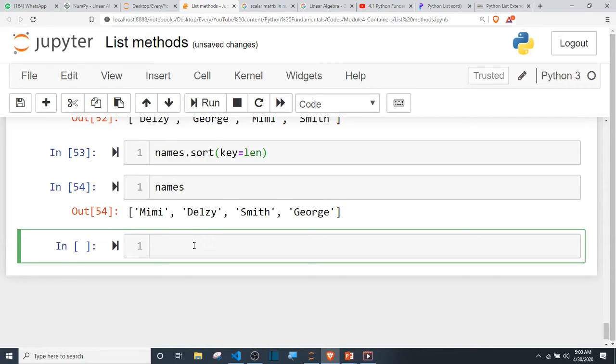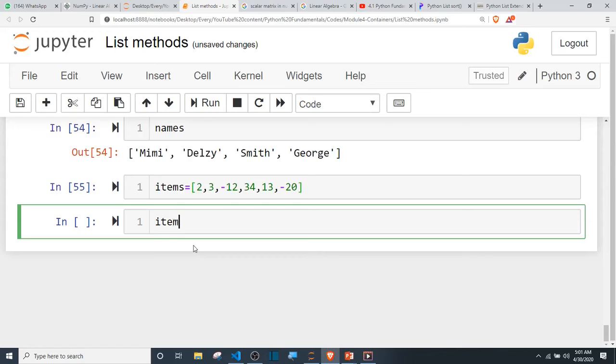Let me give you one more example. Let's call it items. So I have 2, minus 12. Basically I have a couple of items this way. Let me not use minus 12 again. Minus 20. If I say items dot sort,